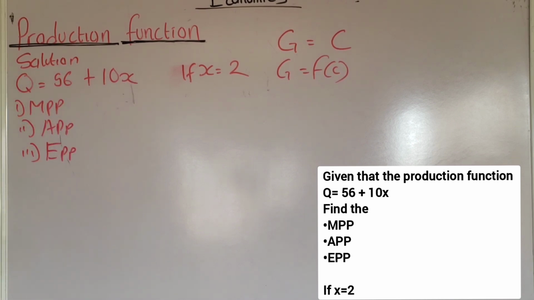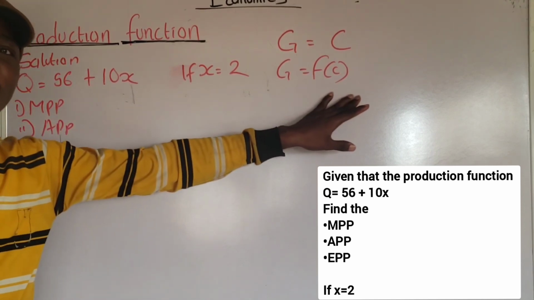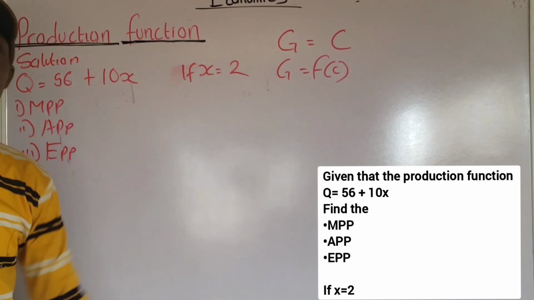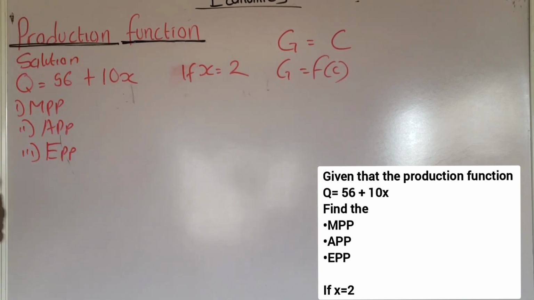In this case, Q is the output and x is the input. Just like what I explained here, a production function is a function that shows the relationship that exists between the outputs and inputs in the course of a production. So, the first step to calculate the marginal physical product, MPP,